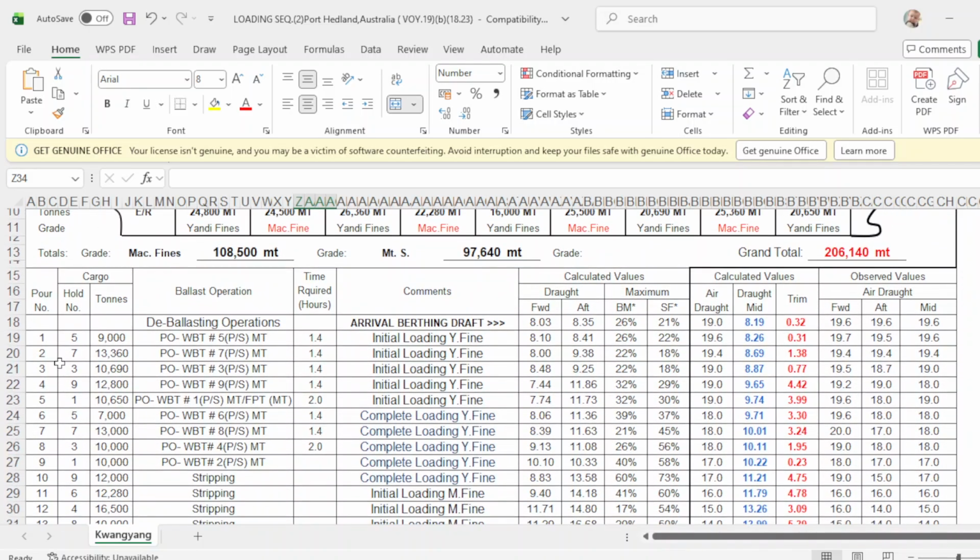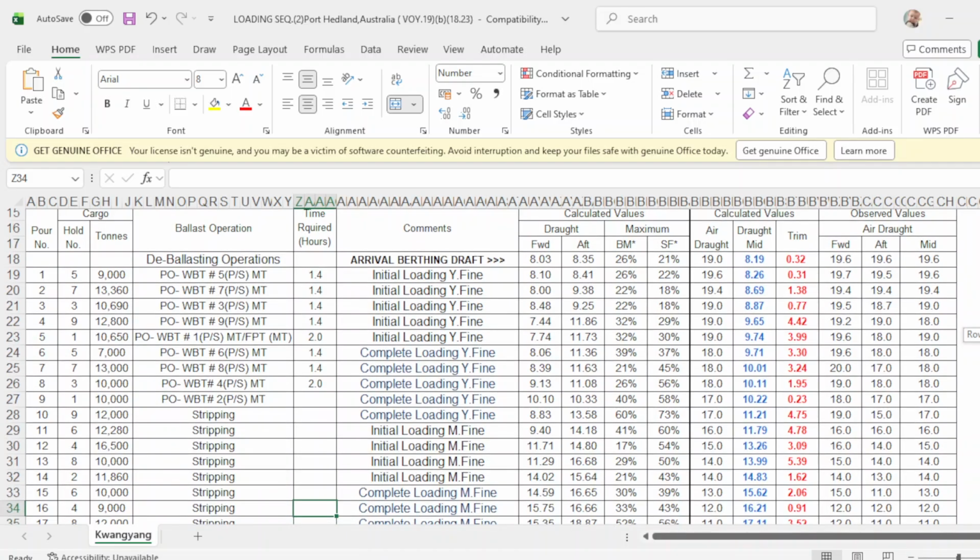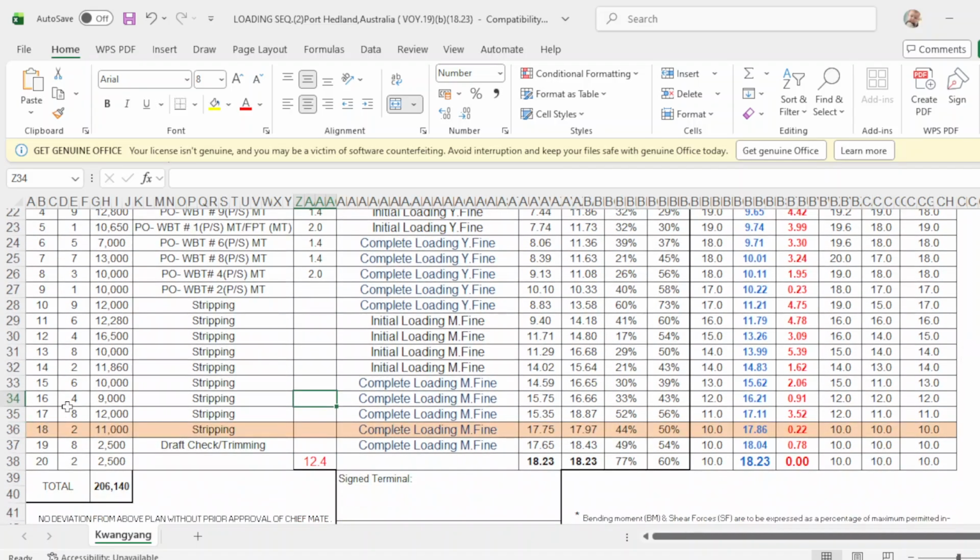It starts from hold number 5, and it starts with the odd numbers, from 1, 3, 5, 7, 9. And the next sequence will be 2, 4, 6, 8, until it reaches the final draft of 18.23 on even keel.